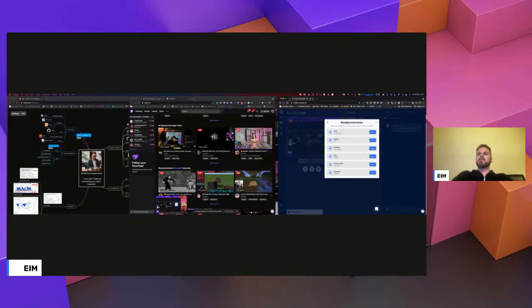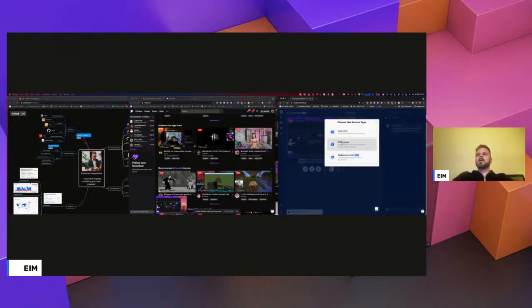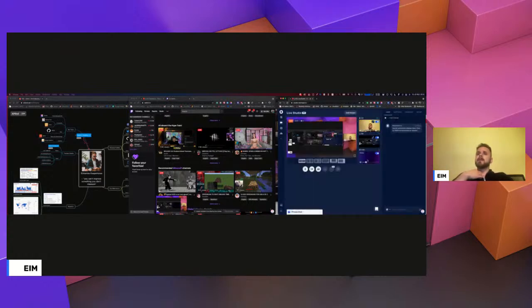So let's try. Can anybody say what kind of music we want while we code? I don't care, literally any of those works for me. Let's do hip hop. Okay, what is this? Okay, I can add a third-party stream. Use case examples, RTMP source. So I need to set up OBS and all of that kind of stuff, so I'm not going to do that. This default music is probably okay.